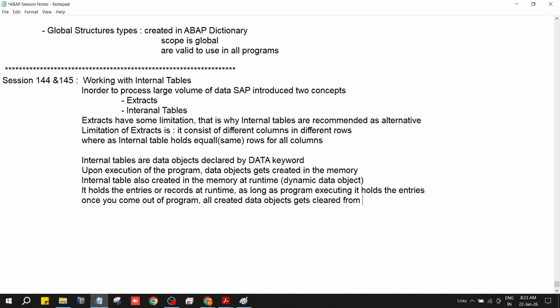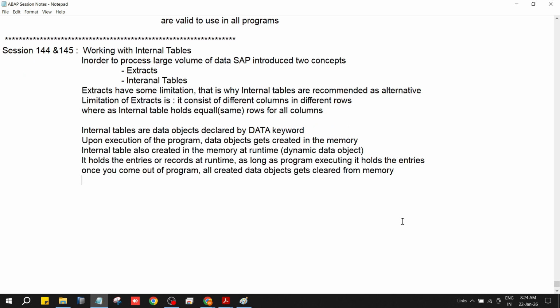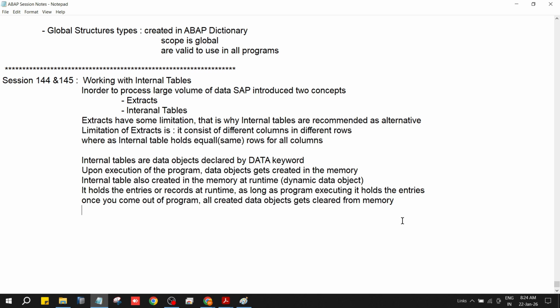Cleared from memory. Once again you create it, again it is going to create, because of the dynamic objects. Dynamically it will create, and once you come back, it gets closed. It will be created at a different memory location, and it holds the value. Its existence is as long as the program, right? You understand this. Next, suppose internal table is